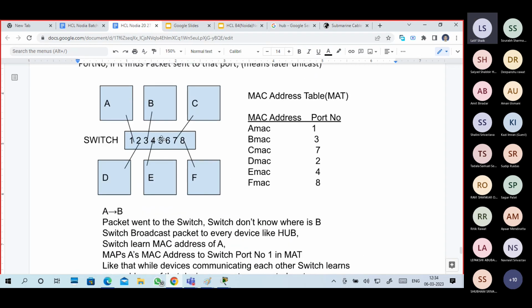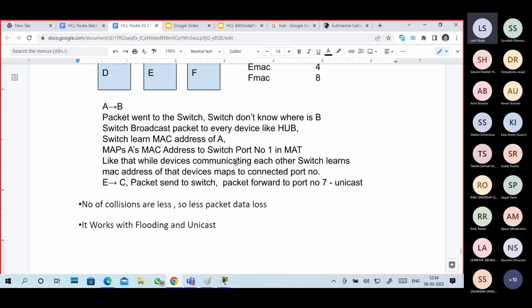First, it learns the MAC addresses of the connected devices and maps them to the port numbers of the switch. How is it able to do that? When devices communicate with each other, it learns the source MAC address of a packet and the port number it maps to. It uses this MAC address table to unicast.